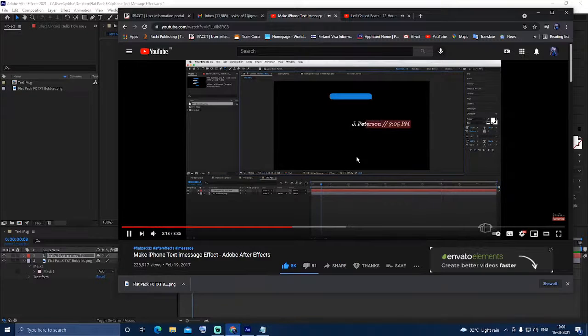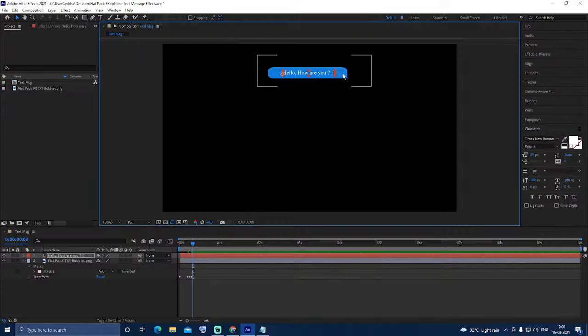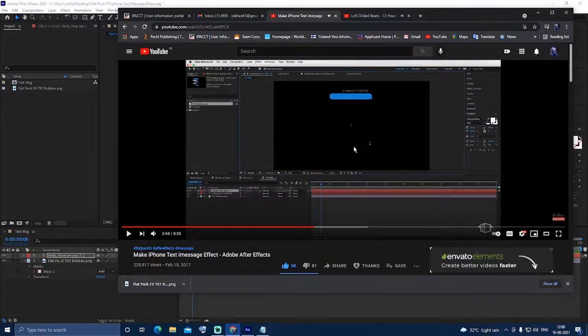Now, once you've actually typed that out, you're going to want to come over to your character menu. If your character menu is not there, go up to Window and then down to Character. And you're going to want to make this Helvetica New. And you're going to want to make this thin. And I'm just going to scale this down. And I'm just going to position this just above the text bubble, slightly justified in from the right. Next, I'm going to right click New Text, and this is